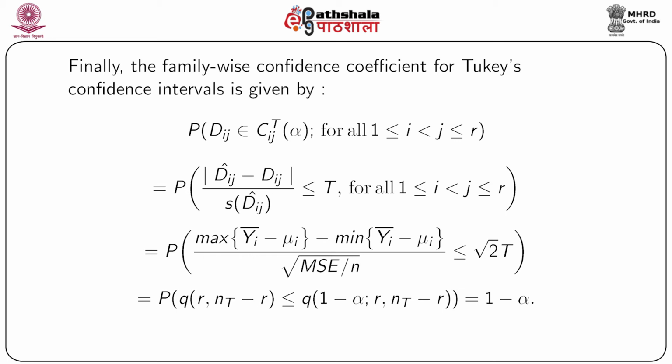contrasts? In the case of Tukey, we only have pairwise comparisons. But when we talk about simultaneous testing of contrasts, instead of just looking at the pairwise differences, how do we do it? So we consider the family of all possible contrasts, which is given by L, such that L equals the summation from i equals 1 to r of c_i mu_i, such that the sum of the coefficients equals 0.